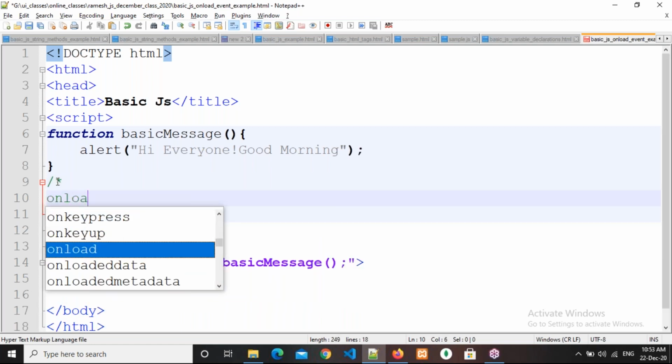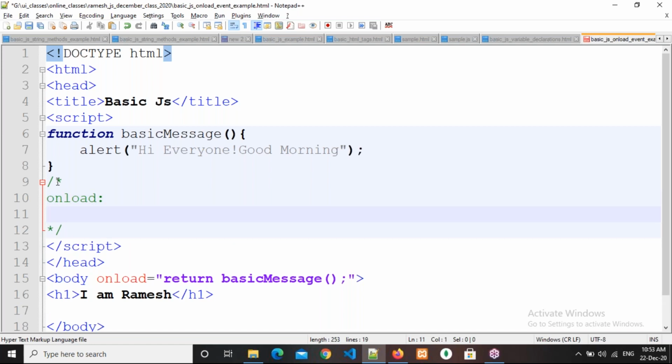Sir, if we do not write the return, then it will not show the message, no? No, it will show. One second. But if you click on the OK button, cancel button, then it will create a problem, right? So better to put return here. Safe side, better to put return statement.